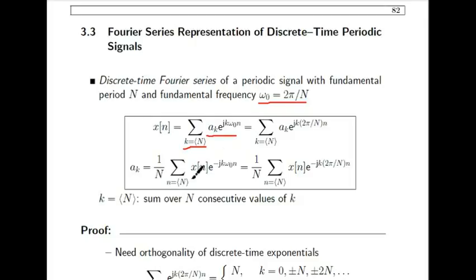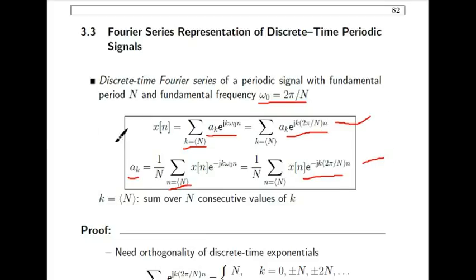It means that it is defined over the time period N. Okay, and it is a_k e to the power j k omega naught n, and the Fourier series of this signal is a_k equals 1 upon N summation n equals angular braces N, which is over one time period N, x of n e to the power minus j k omega naught n. Okay, and you can see that we have also replaced omega naught with 2 pi by N.